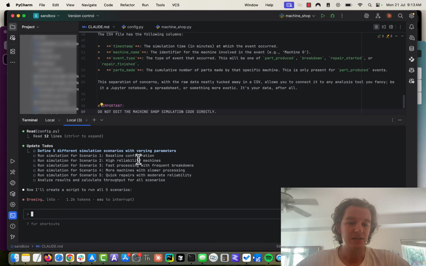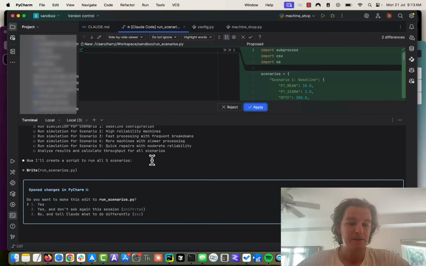got these 5 scenarios come up with these baseline configuration, high reliability machines, fast processing with frequent breakdowns, more machines with slow processing, quick repairs with moderate reliability. And then it's going to do a final step where it analyzes these results and calculates the throughput. Okay, so it's got a run